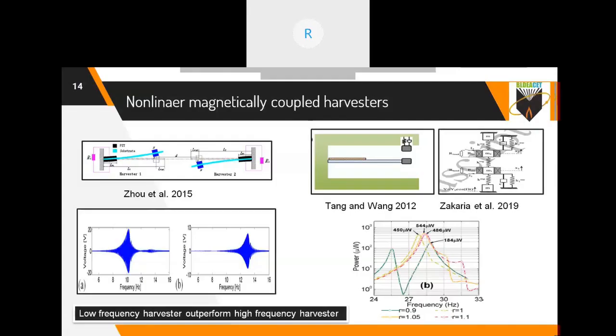Then researchers took magnetic coupling between harvesters and analyzed what happens with each individual harvester. In 2015, Ju and others took two different beams with end magnets. These masses are magnets, and there is an interaction between these two magnets, due to which there is a magnetic coupling between them. Here, one of the harvesters has a different mass compared to the other, or a different length. The harvester which has the lowest frequency, as you can see in figure A, can produce maximum voltage,